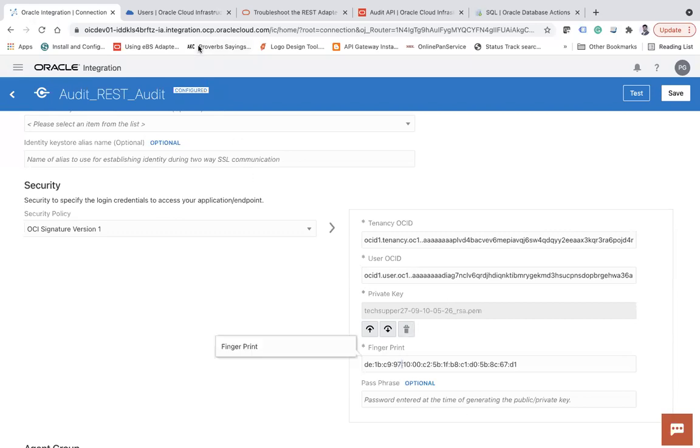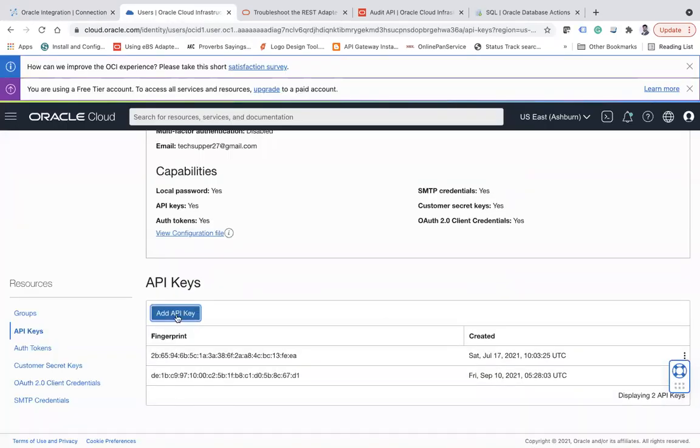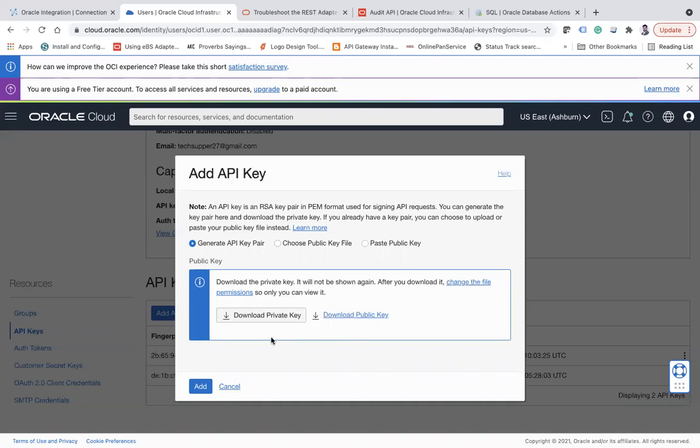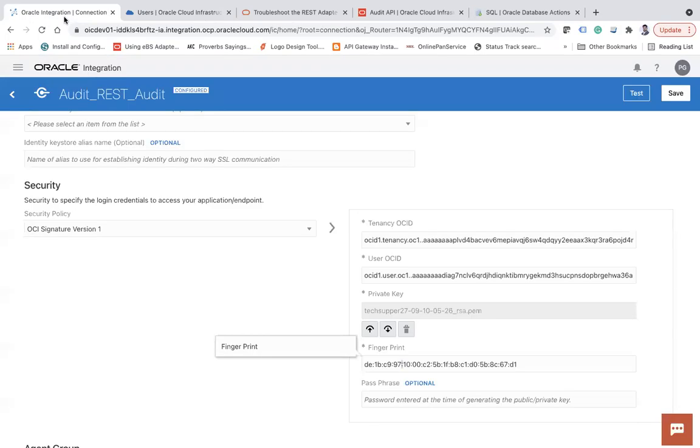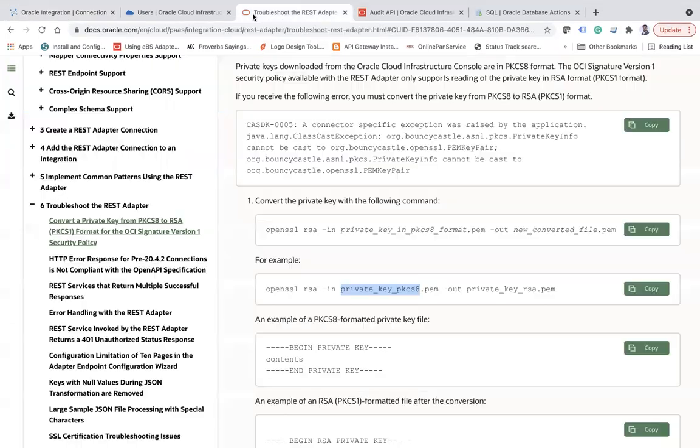Right. And when you download this private key, you need to convert that private key into the RSA format. Otherwise, the integration will fail. So how to convert it? So if you see this